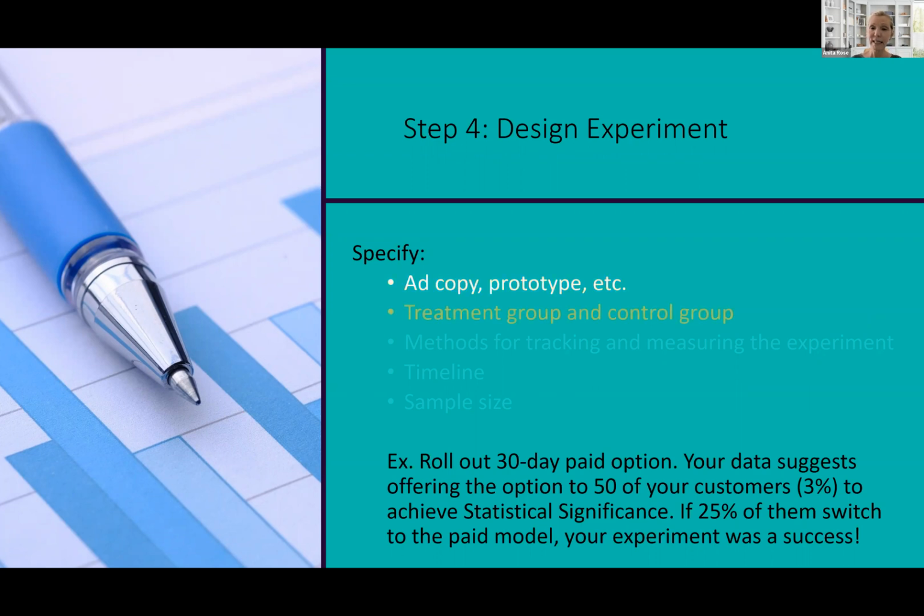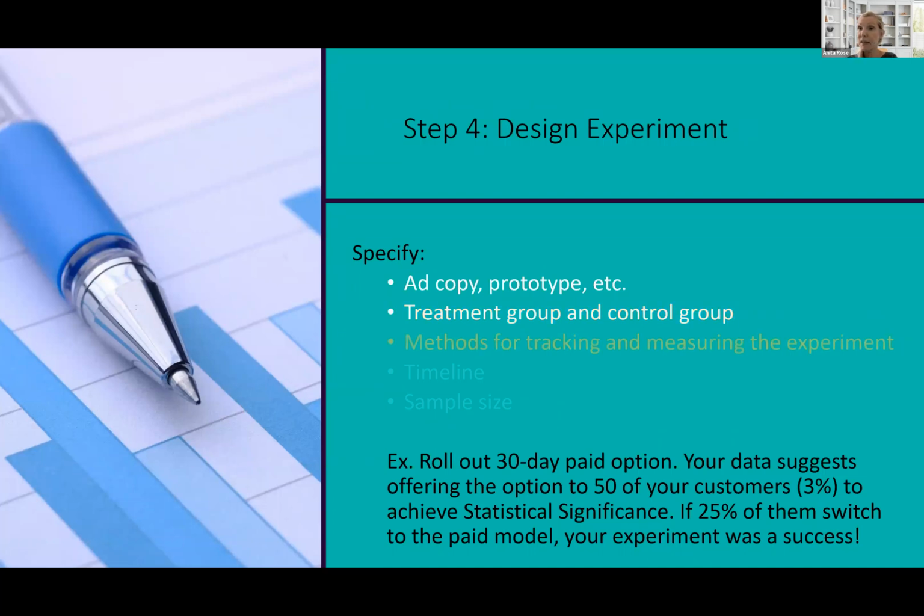And then you may need to include a treatment group and a control group. Now, with the experiment for this particular example, the treatment group is the people that are offered this 30-day freemium model and then switch to the paid model for the rest of the year, or for a year. The control group, they are not offered this. And then we look at what the results are and we compare the two to see what is happening there